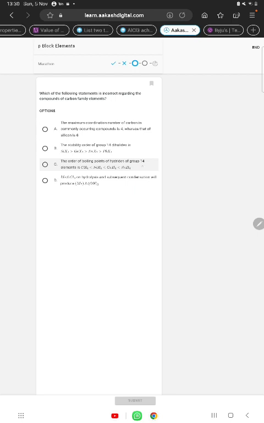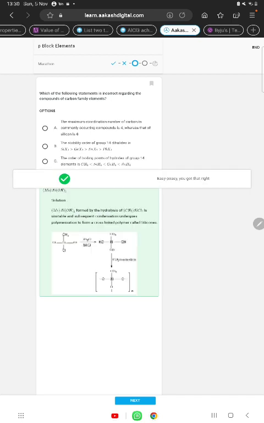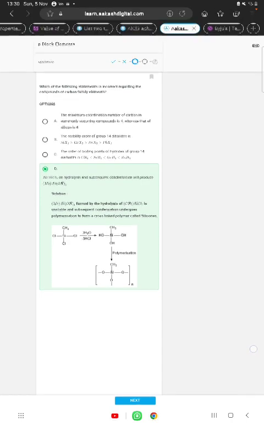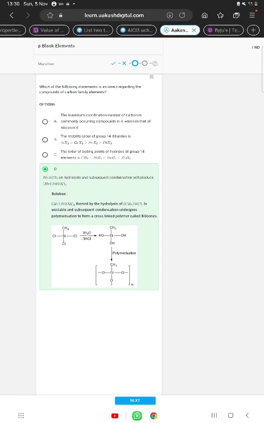The boiling point of hydrides of group 14 elements. This is also going to be wrong. The MeSiCl3 hydrolyzes and subsequent condensation will produce MeSi(OH)3. This can be the correct one, students. MeSi(OH)3 formed by hydrolysis of CH3SiCl3 is unstable and subsequent condensations undergo polymerization to form cross-linked polymers